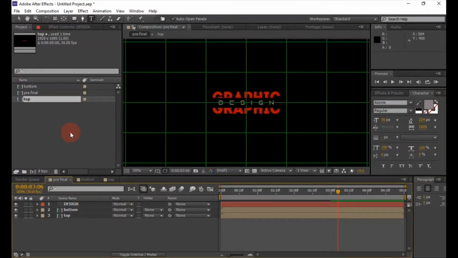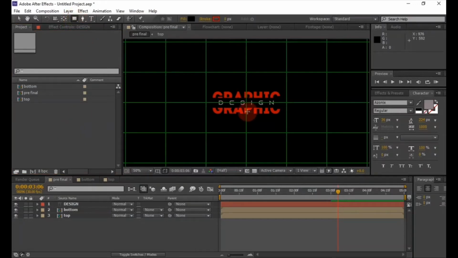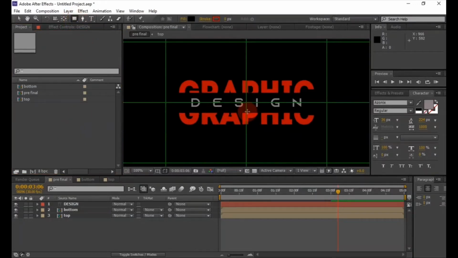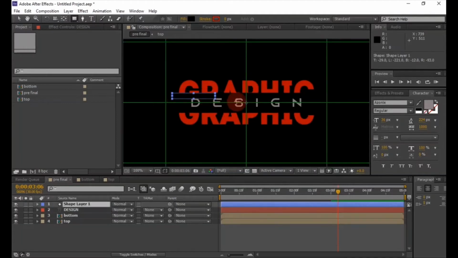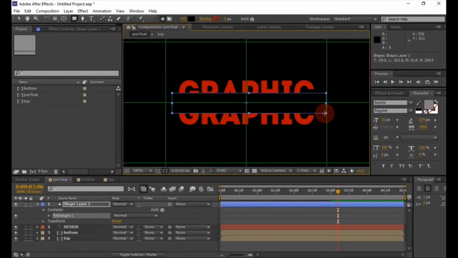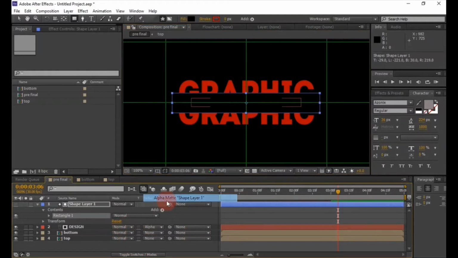Now select the shape tool. And then mask the text layer. Now change the track matte value to alpha matte.